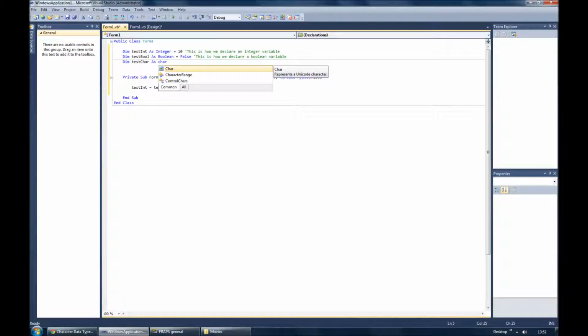C-H-A-R. This is short for character, and many programming languages will shorten the word character to char when you have to reference them. This just saves you more typing. So that's happened. And now if we want to initialize our character, or at any point change the value of our character variable, we would need to use equals, and then inside quotation marks we put